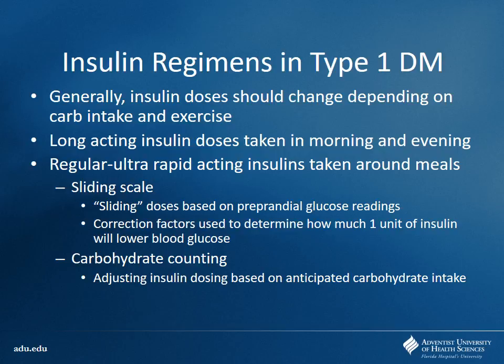Sliding scales are probably very commonly seen, especially when you're dealing with patients in the hospital, on the inpatient side. Oftentimes, this is more of a reactionary way of dosing insulin, where you are changing your insulin dose based on what their glucose readings are. So in this case, when you're doing it around meal times, you would do a preprandial glucose, or before they ate, and then you would correct the amount of insulin that you did, because again, it slides, to lower their